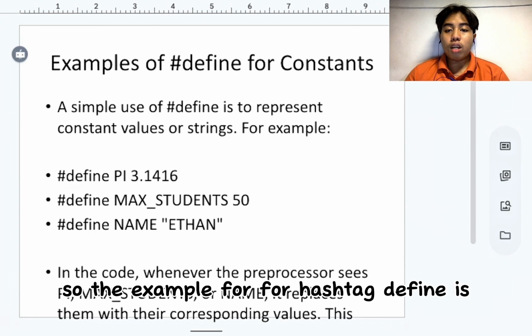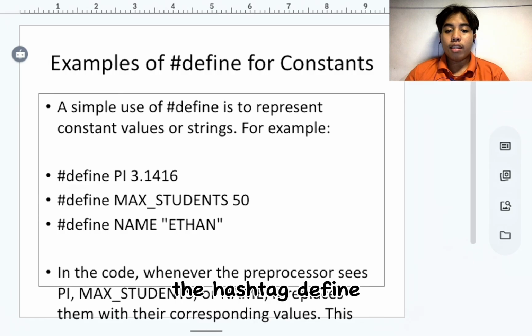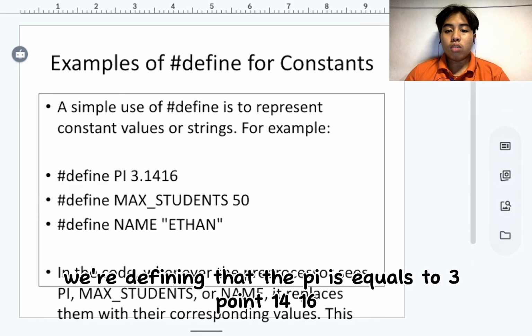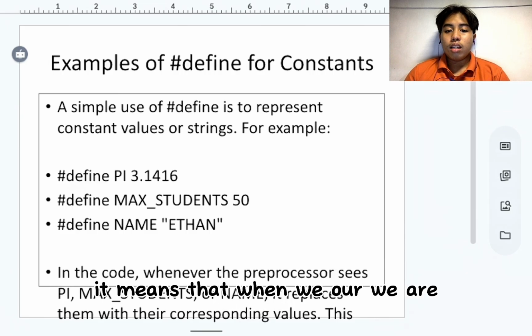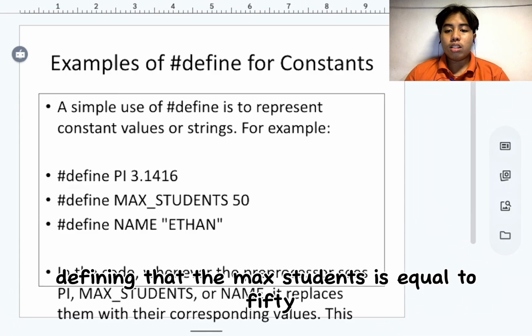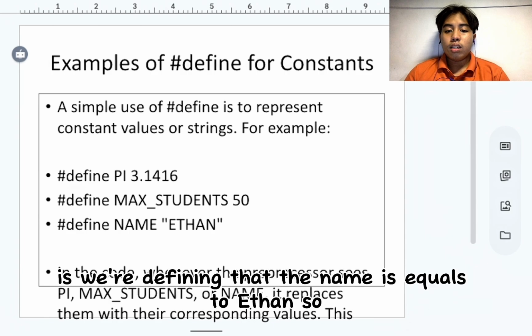So the example for hashtag define is hashtag define PI 3.1416. So when we say hashtag define, we're defining that PI is equal to 3.1416. When we say hashtag define MAX_STUDENTS 50, it means that MAX_STUDENTS is equal to 50, and hashtag define NAME Ethan means we're defining that NAME is equal to Ethan.